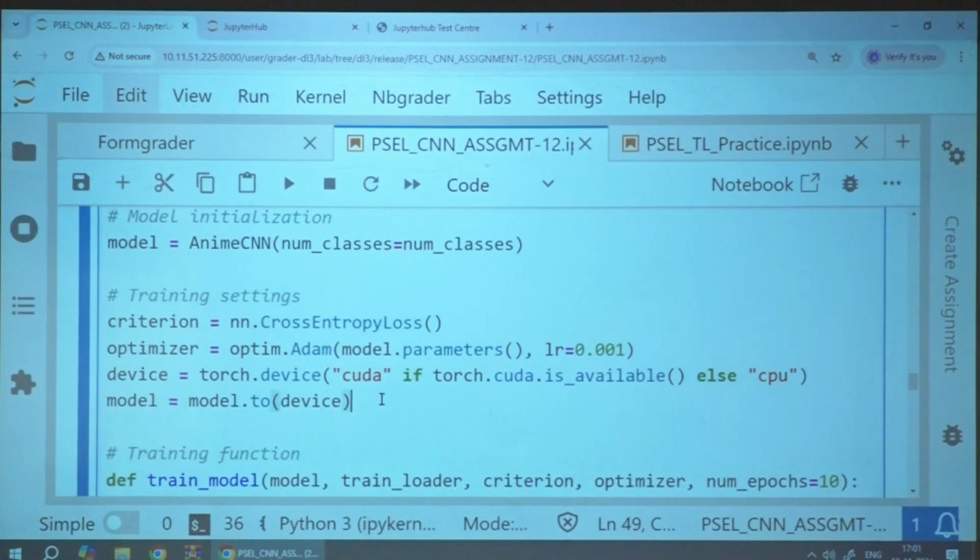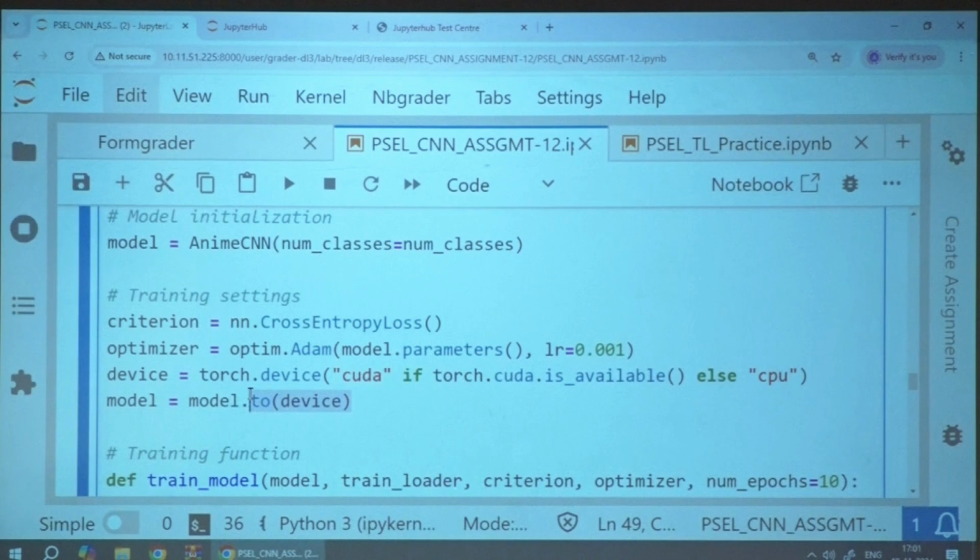Fine. Once the device is identified, henceforth we need to move our model and the parameters during the training process and the evaluation as well to that particular device. This you can do with 2 methods with respect to the model: model.to or parameter.to of that particular device.